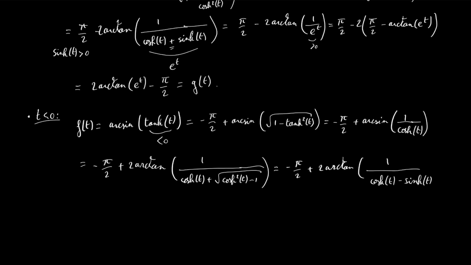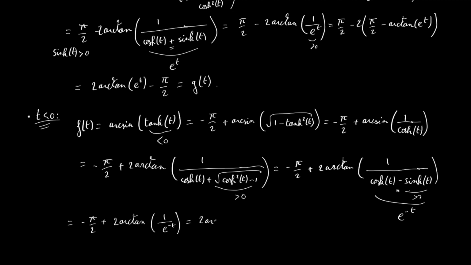to minus pi over 2 plus 2 times the arctan of 1 over the hyperbolic cosine of t minus the hyperbolic sine of t. And the reason why we put a minus here is because we know that for t that is negative, the hyperbolic sine of t is also negative, so we need a negative hyperbolic sine of t to have something positive here, because this quantity has to be positive. And we know that the hyperbolic cosine of t minus the hyperbolic sine of t is equal to the exponential of minus t. So at the end, this quantity is equal to minus pi over 2 plus 2 times the arctan of 1 over the exponential of minus t, which is equal to 2 times arctan of exponential of t minus pi over 2, which is again equal to